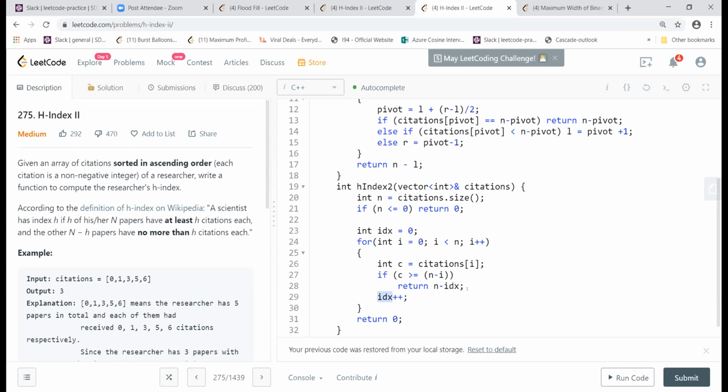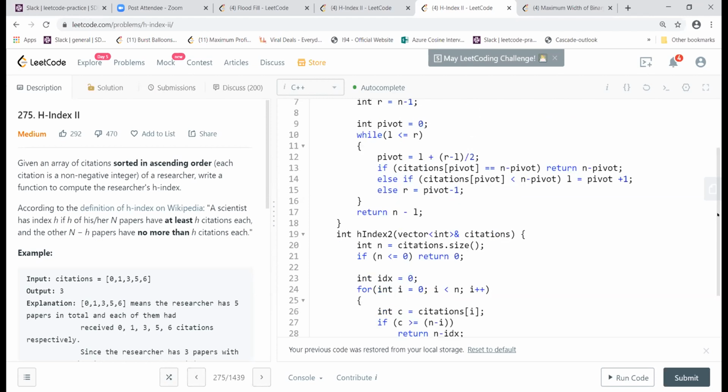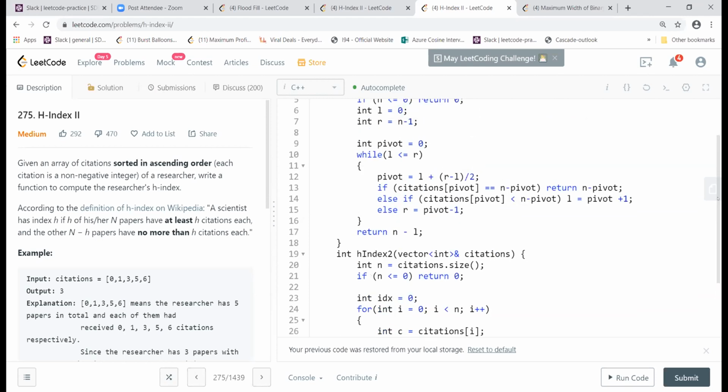Thank you. In the linear approach, you're taking citation of i greater than or equal to n minus i. But in binary search, you are taking citation of pivot equal to n minus pivot. How are those two equal?